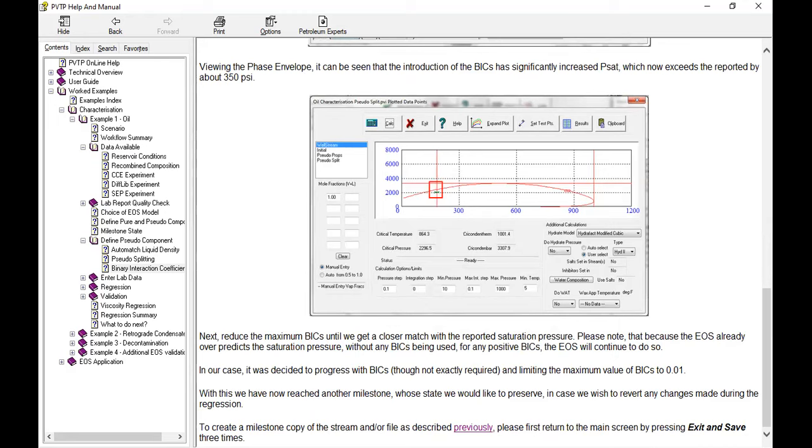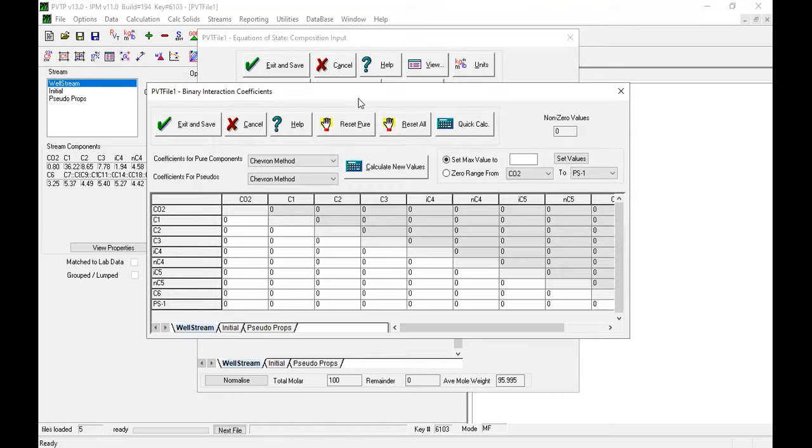Okay, let's try. Close binary coefficient. Okay, so from here, we will calculate new values. All right. Please be careful here. Now, so from here, you see in C1,